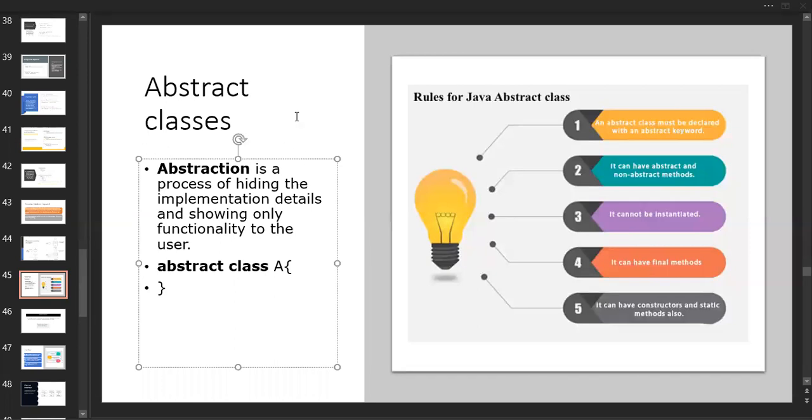So here, what is an abstraction? Abstraction is a process of hiding the implementation details and showing only functionality to the user. Consider an example of texting, like WhatsApp or text messages. There you are supposed to type the text and just push the button. Are you seeing the code over there? No, right? So this is all about abstraction. The implementation part has been hidden and you only get the functionality of that code.